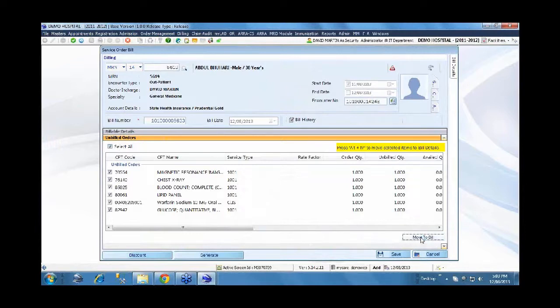And as you remember, there was a rule saying that an MRI requires pre-approval, and there are a few other services here, and there is a blood glucose which we have ordered. Each and every charge can be related to a diagnosis.